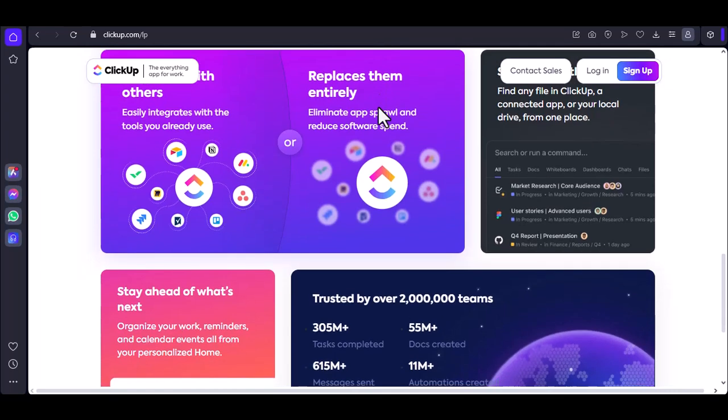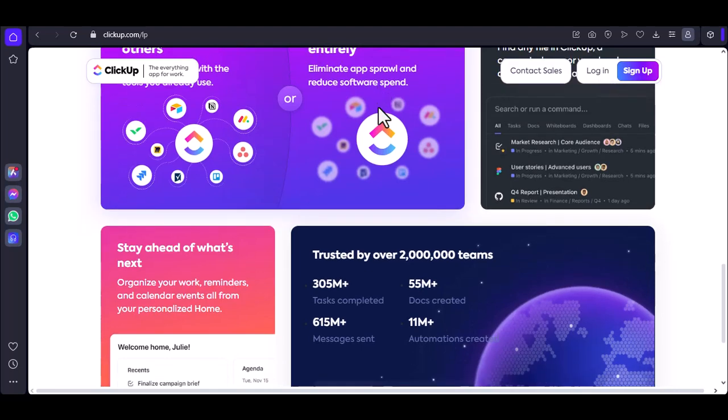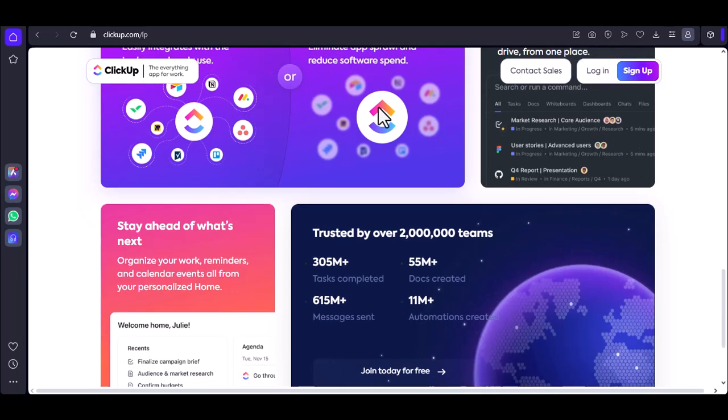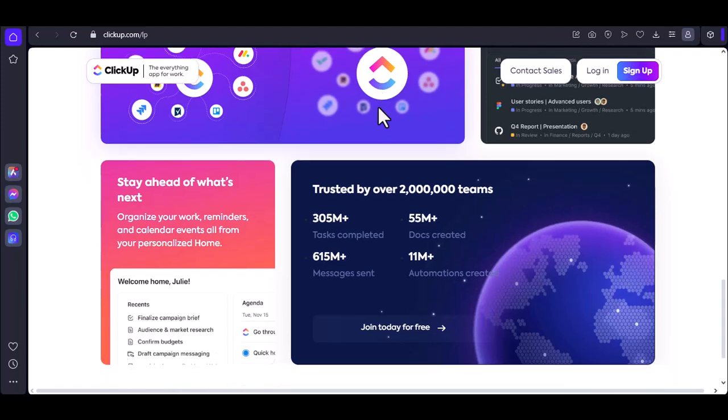Rich feature set. JavaScript offers a vast ecosystem of libraries and frameworks that can be used to build complex features like drag-and-drop interfaces, real-time collaboration, and custom integrations. Community and support. JavaScript has a massive and active community of developers, which means there's plenty of resources, tutorials, and